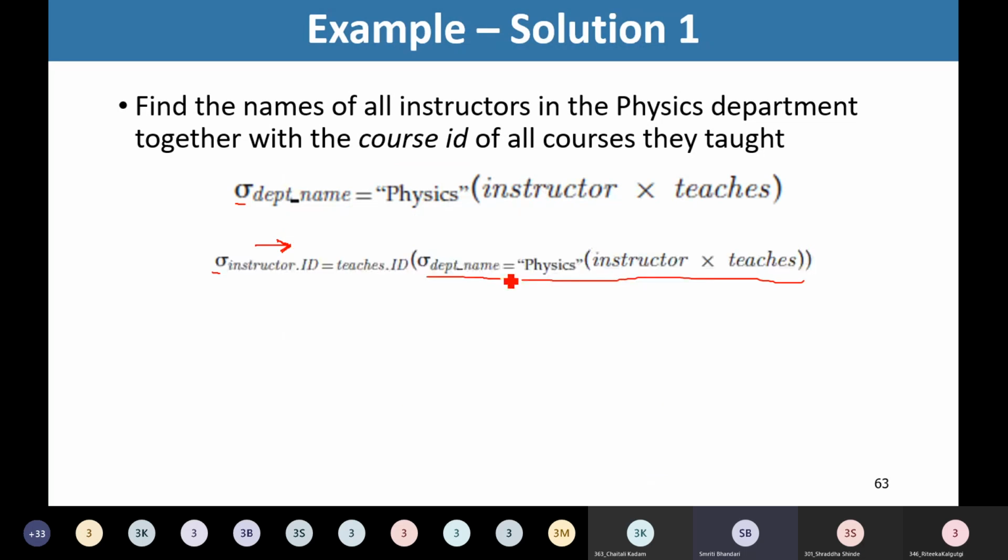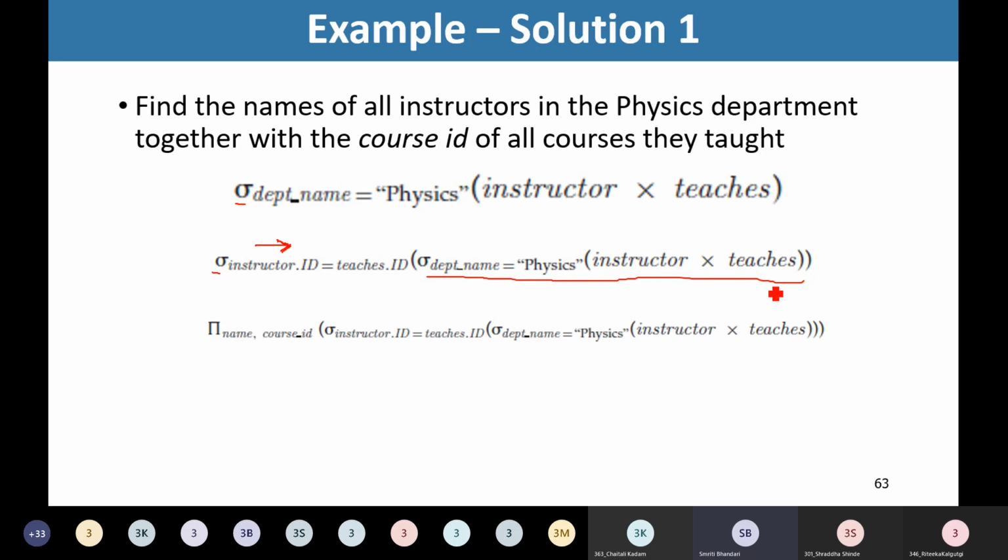So out of this second refinement of the statement, we will be getting only the relevant data. But now in our output, we are having all those 9 attributes, and we are not interested in having all of them. What we want to extract is the name of the instructor along with the course ID. So only 2 attributes we are interested in.